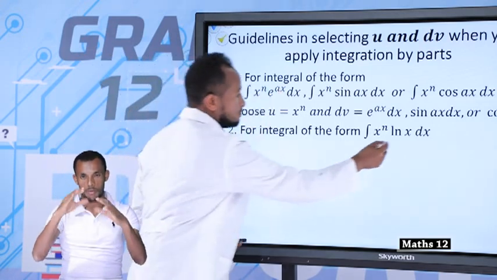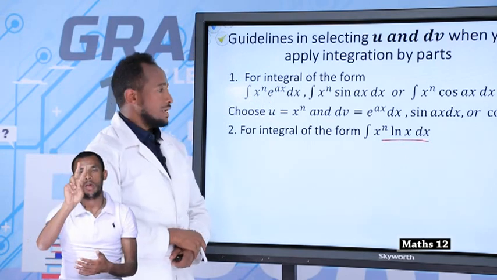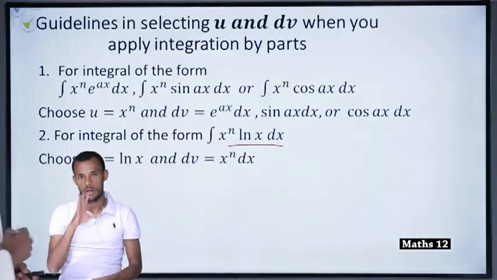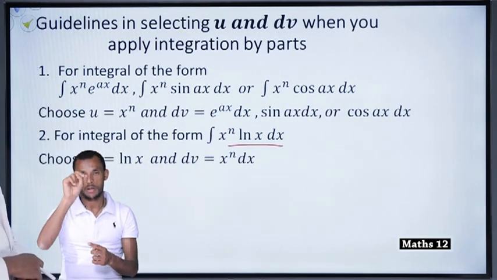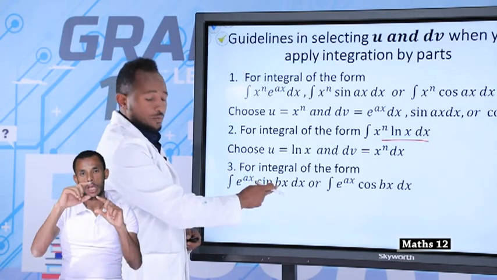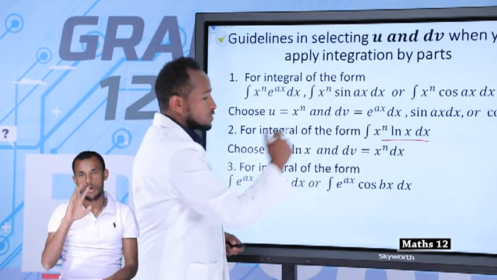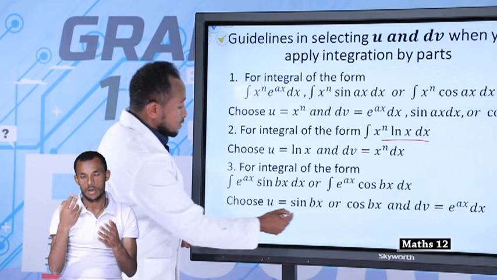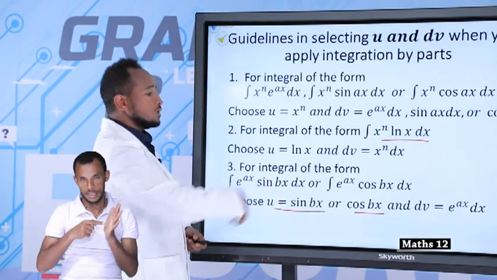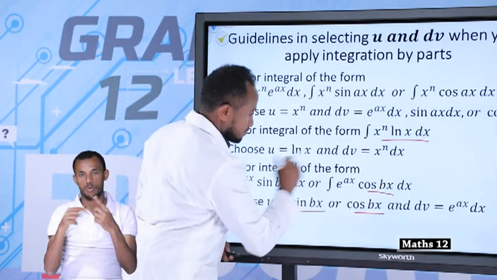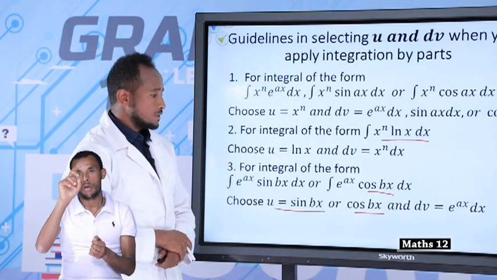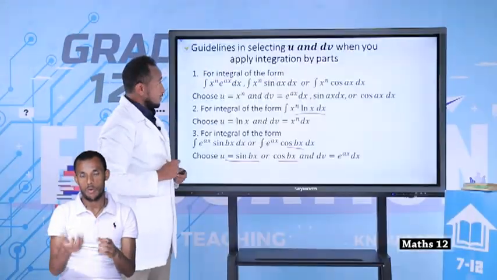For integral of the form x raised to n ln x dx, in this case, assume u to be ln x, and dv to be x raised to n dx. And let's see the other guideline, guideline number 3. For integral of the form exponential and trigonometric, e raised to x sine bx dx or e raised to x cos bx dx, in this case, assume u to be the trigonometric part. For this case, assume u to be sine bx. For this case, assume u to be cos bx. And in both cases, dv is e raised to ax dx. Okay, so please don't forget this guideline in applying